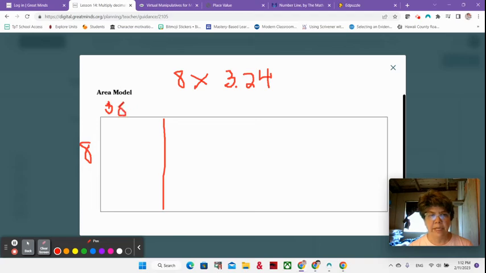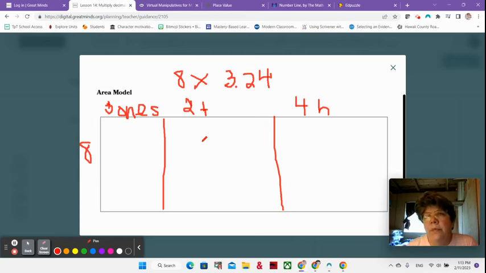So please make sure that you're writing that down on your area model so that I can see your work. 3 ones, sorry for the sloppy writing, and 2 tenths. I'm just going to put a T, 2 tenths, and then 4 hundredths, right? 4 hundredths. Okay, so then we're multiplying by 8. So we have our 8 over here, and